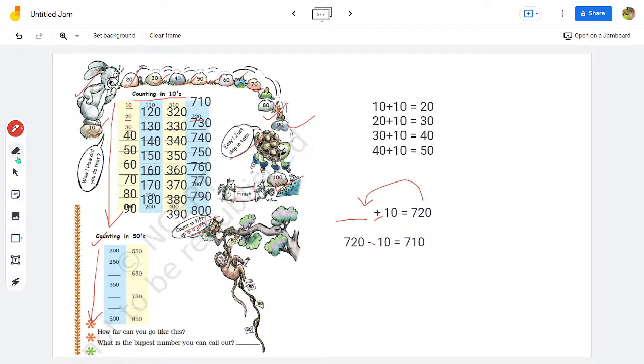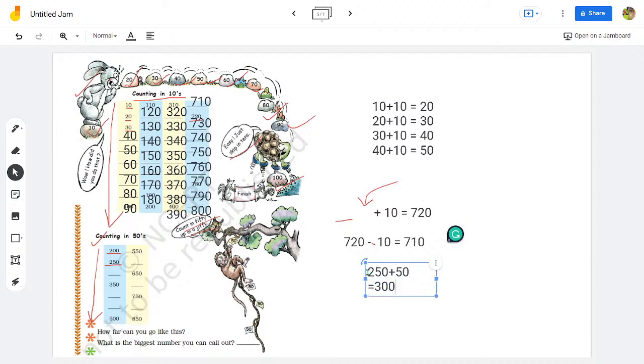So I would show you how to do that with a few questions, and the rest of them we would simply do that. So the first one is 200. Can you see, if we add another 50 to 200, we would get 250. So add another 50 to 250, we would get